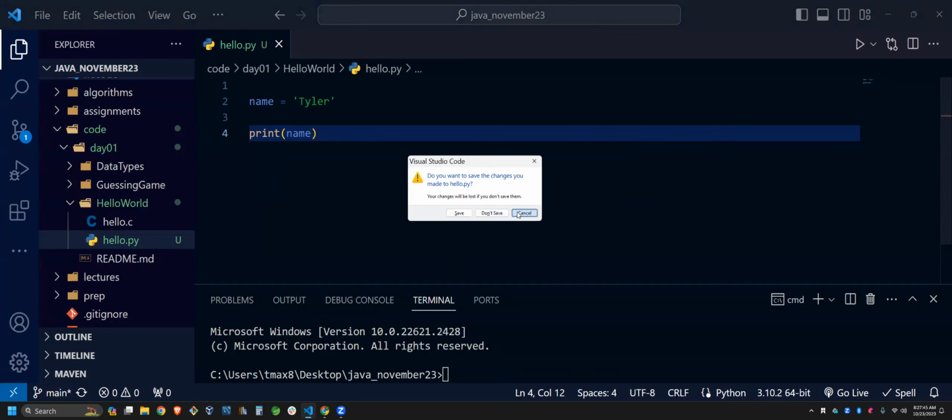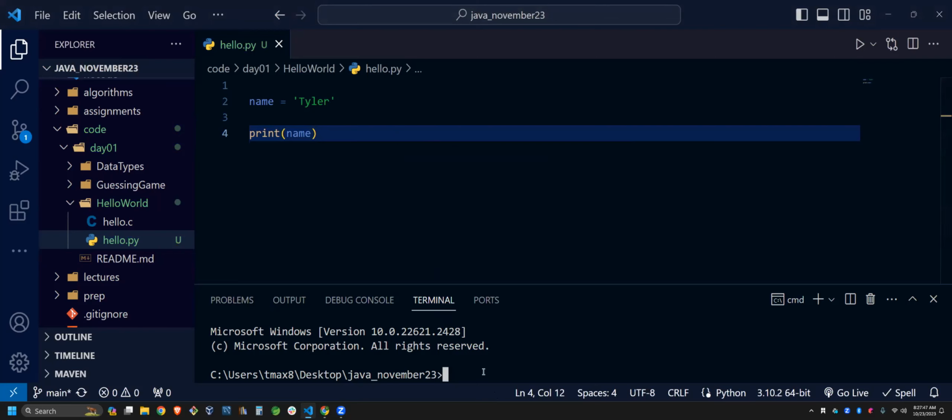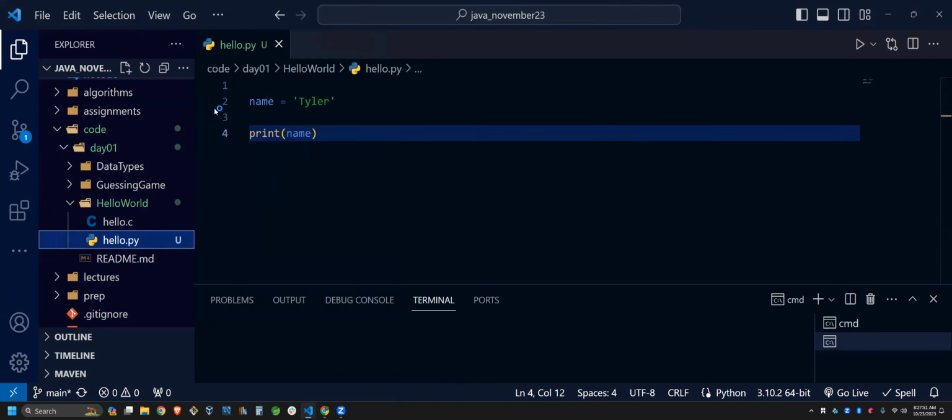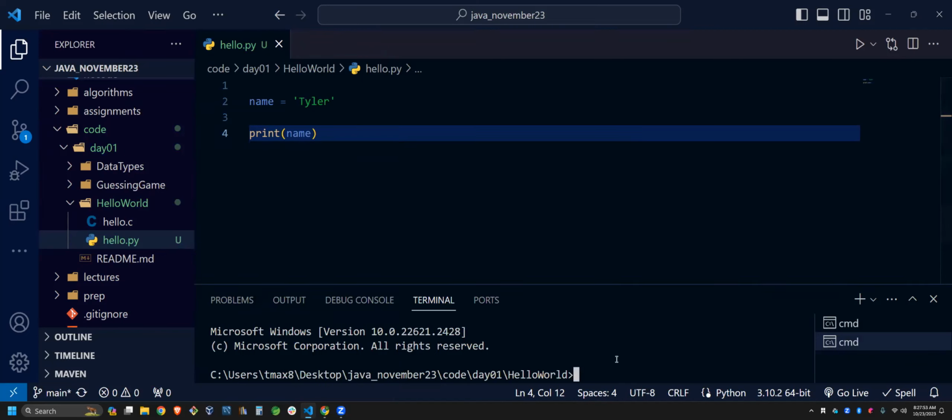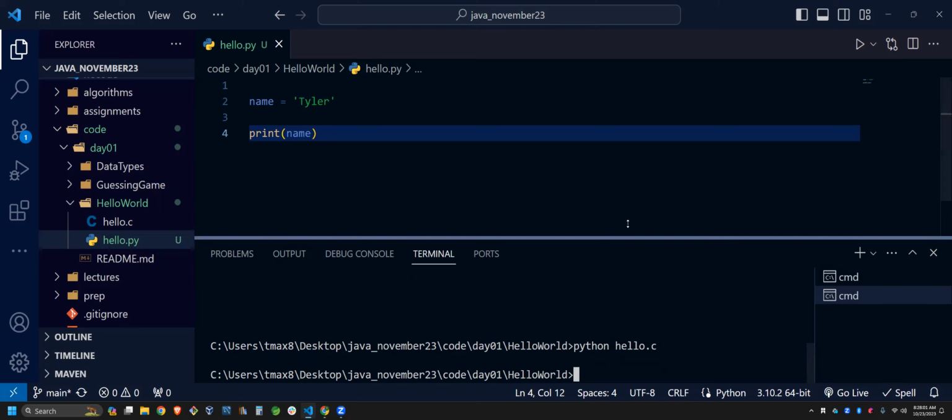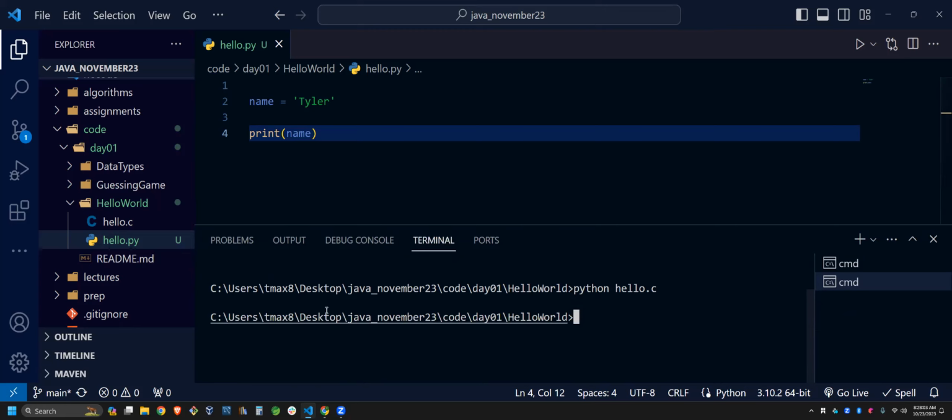Oops. Cancel. And now if I want to run this, I just make sure I'm in the right terminal. And it's just python, the name of the file. And why didn't it print? That's weird.